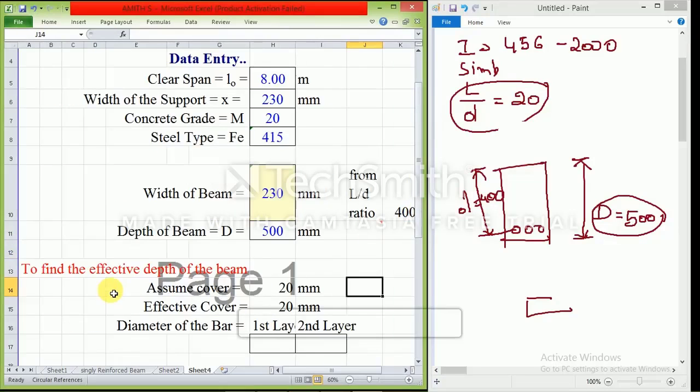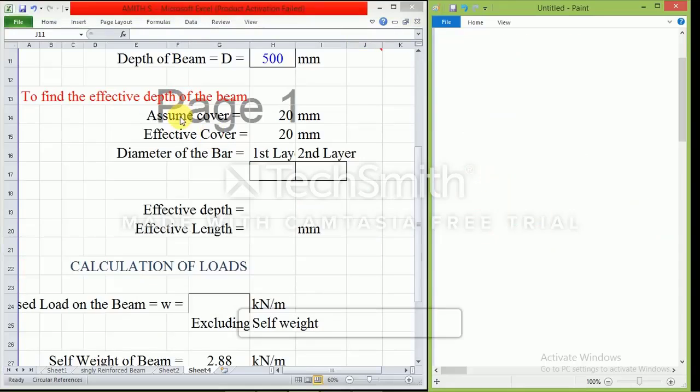The next step is how to find the effective depth of the beam. First of all, what is effective depth? I'll go through the concept. Have a look here: assume cover, effective cover, diameter of the bar, effective depth, effective length. Everything I will tell in one figure. This is the cross section of a beam. For single reinforcement, I am going to provide bars here.